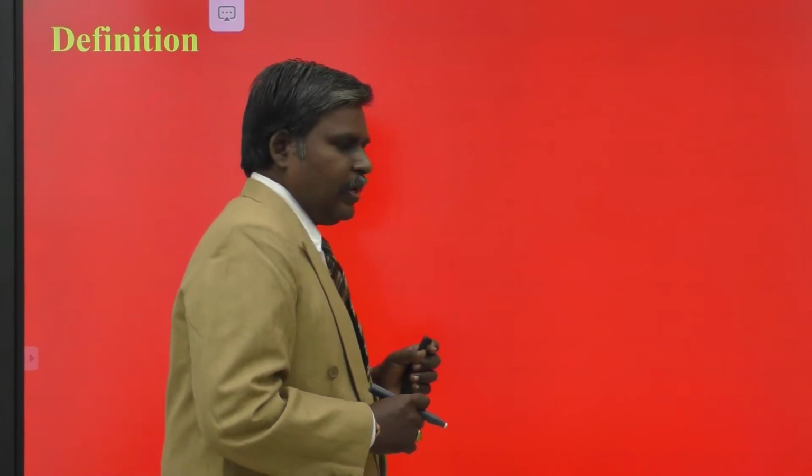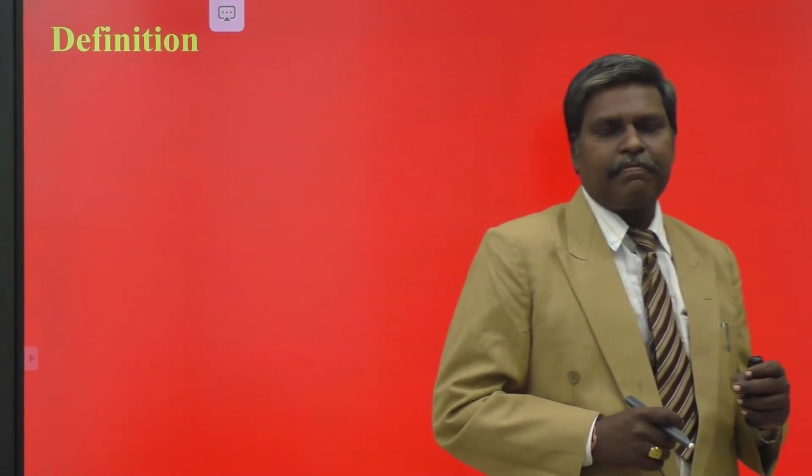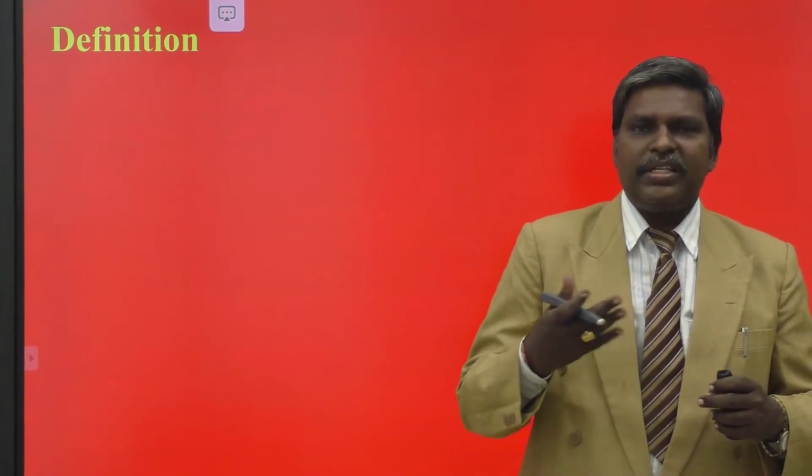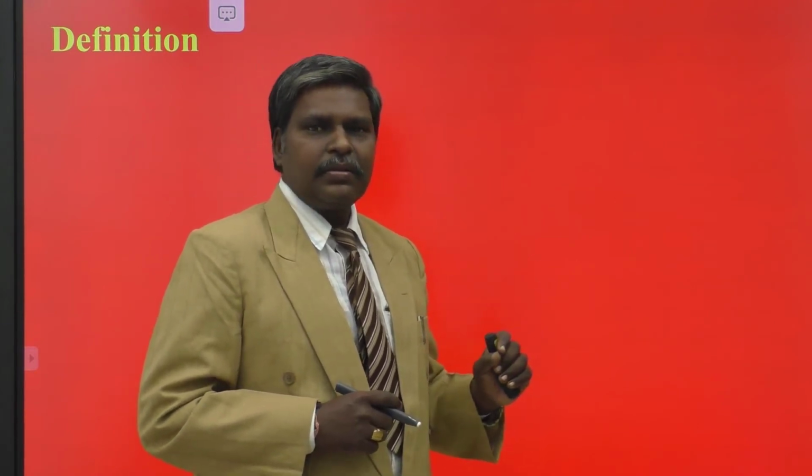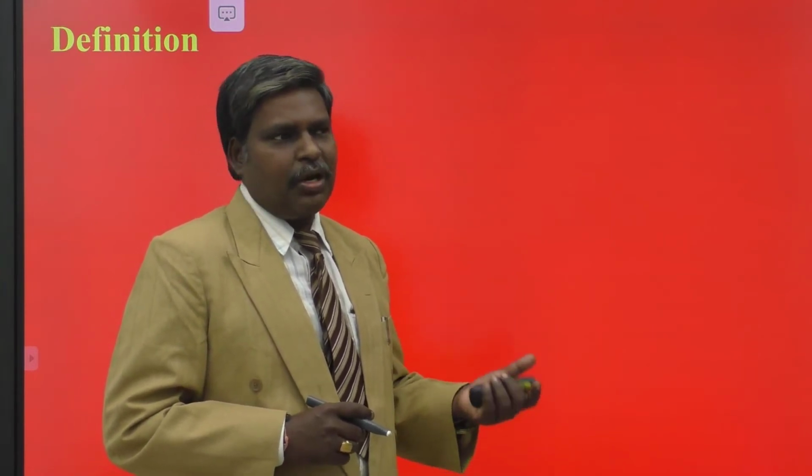First of all, we define the ellipse. It is a conic. What is parabola? If the eccentricity of a conic is 1, we say that the conic is parabola. In the same manner, what is ellipse? The ellipse is a conic whose eccentricity is less than 1. If it is 1, that is parabola. Less than 1, ellipse. More than 1, hyperbola.